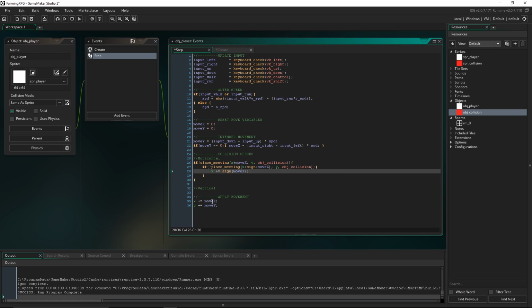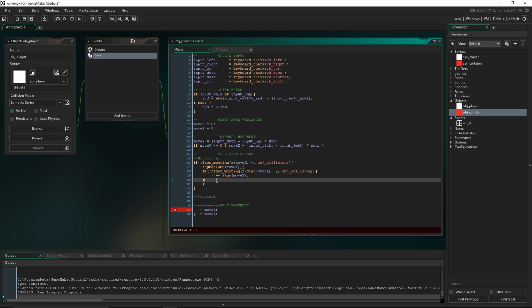So now we can't just do this once. We're going to have to repeat this code as many times as there are spots free to move to. So we're going to repeat, and the number that we're going to repeat by is the absolute value of our move X. So whatever our speed is. But obviously we don't want to be using negative speeds. And we're doing this also to account for different speeds. So if we're walking or running, this code should still